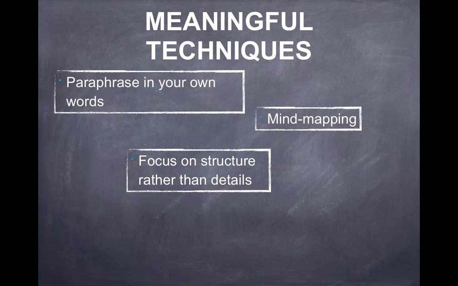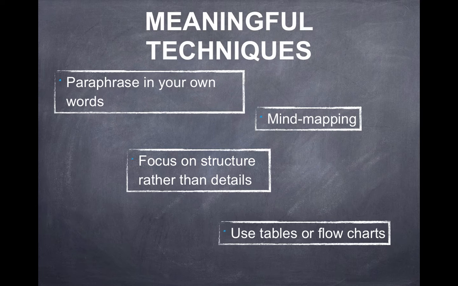Focus on structure rather than details. What's being encouraged when you do this is to focus on the concepts and then fill in the concepts with more detail. It is sometimes easier to chunk down than to chunk up. Chunking up means looking at all the details and then trying to find out what the local structures are. Now, for some people, that's the preferred way and the way that gets the information to them best. You need to know what works best for you to make information meaningful.